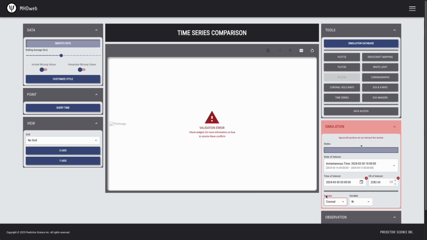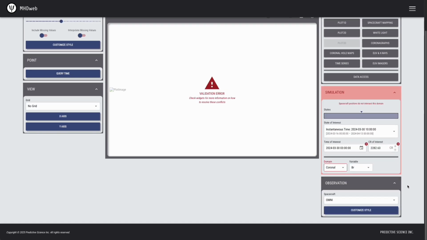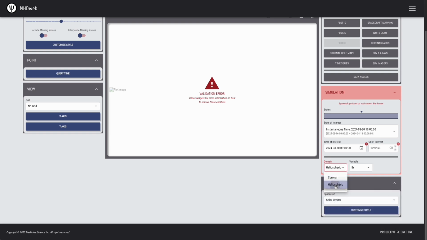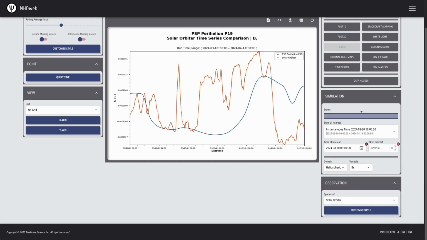Now that is because you can see this red highlight on the domain dropdown. It's because we've selected the coronal domain, but by default, as with spacecraft mapping, the spacecraft in question is OMNI, which is going to be near-Earth plasma and magnetic field data. So first of all, I'm going to select that we're looking at Solar Orbiter, and I wanted to take a look at the heliospheric domain. And now another thing that I want to do is, by default, we're looking at the entire run time range, but if you remember, at the beginning of this demonstration in the spacecraft mapping tool, I constrained it just to the